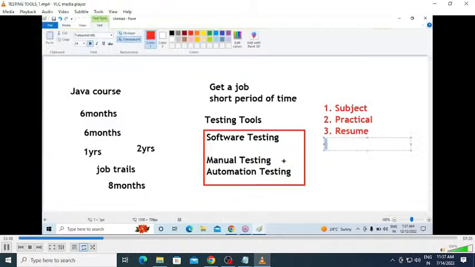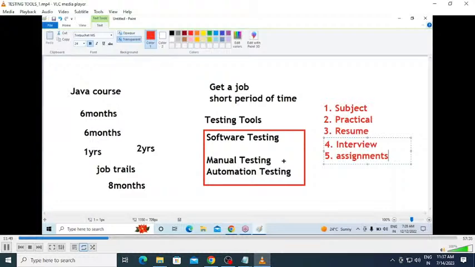The next thing is how we will crack the interview. So we are focusing on interview preparation on a daily basis. After completion of each chapter, we will focus on the interview questions, how we will crack the interview. Those skills also we are going to be providing. On a daily basis, we are going to be giving some assignments. We have to complete these assignments before coming to the next session. So this is about that,